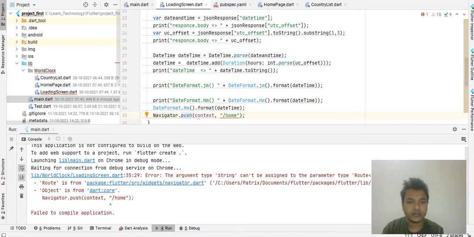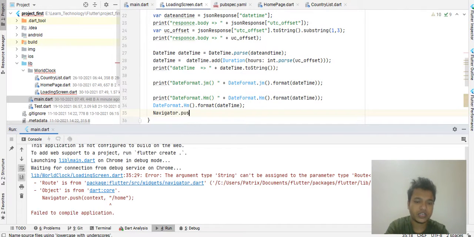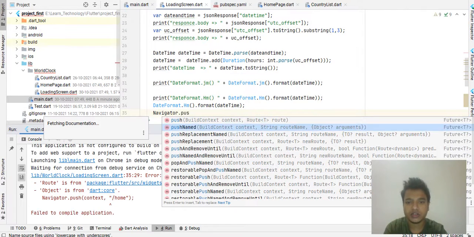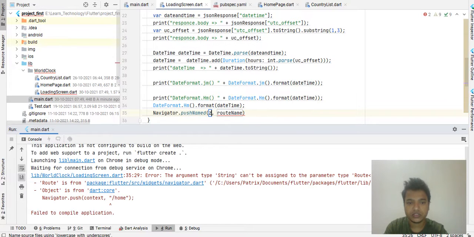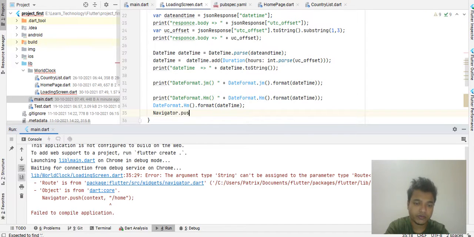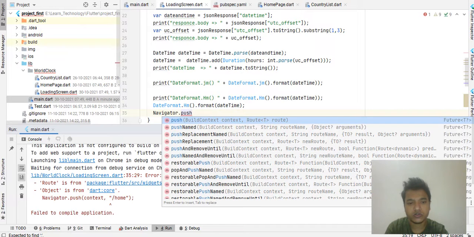As you can see in the result, when we try to pass the route opening the new page, it shows some error that says you cannot use string as a route name. So I don't know what's happening, but we can try a different function here, like push. We have a pushNamed, with an object. Yeah, sure. We can use another function, push dot name. The function remains the same, and it contains the argument too.